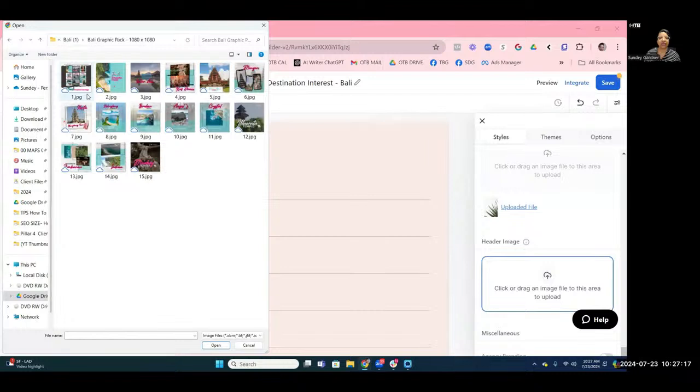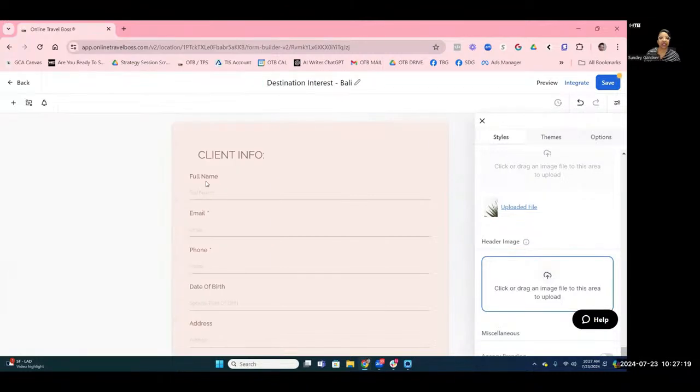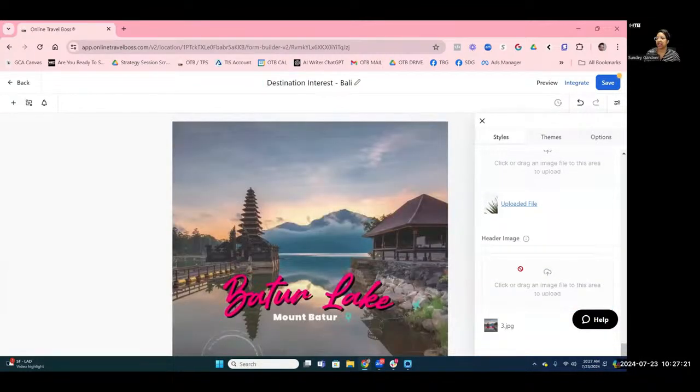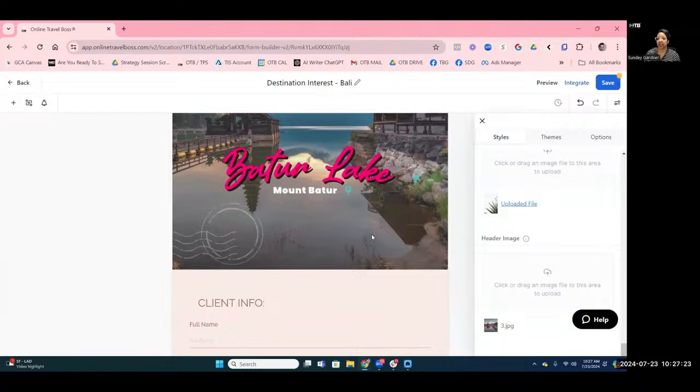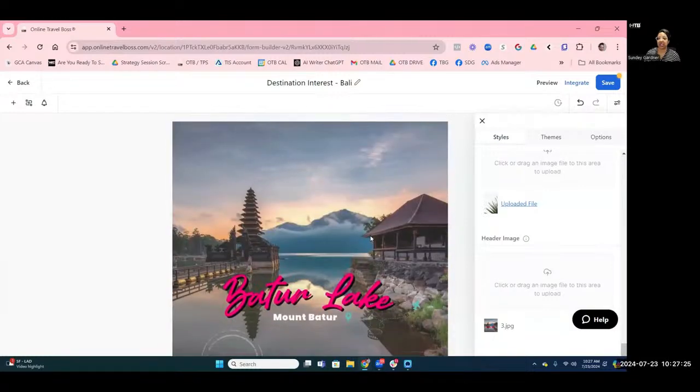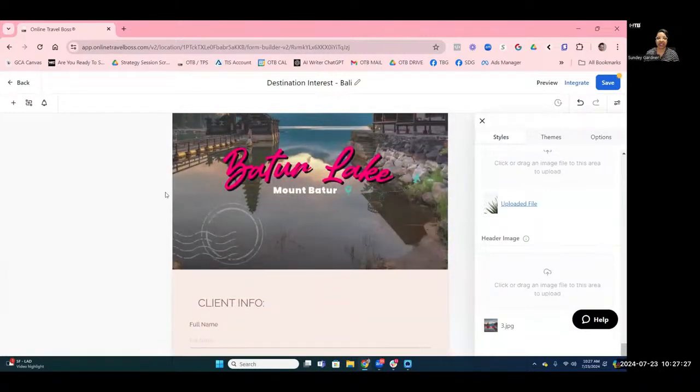So we've got some images that are already here. So I'm just going to select that image, and then it's going to load that image. Now, this image is kind of big. I would probably design for a form an image that wasn't so wide. This is 1080 by